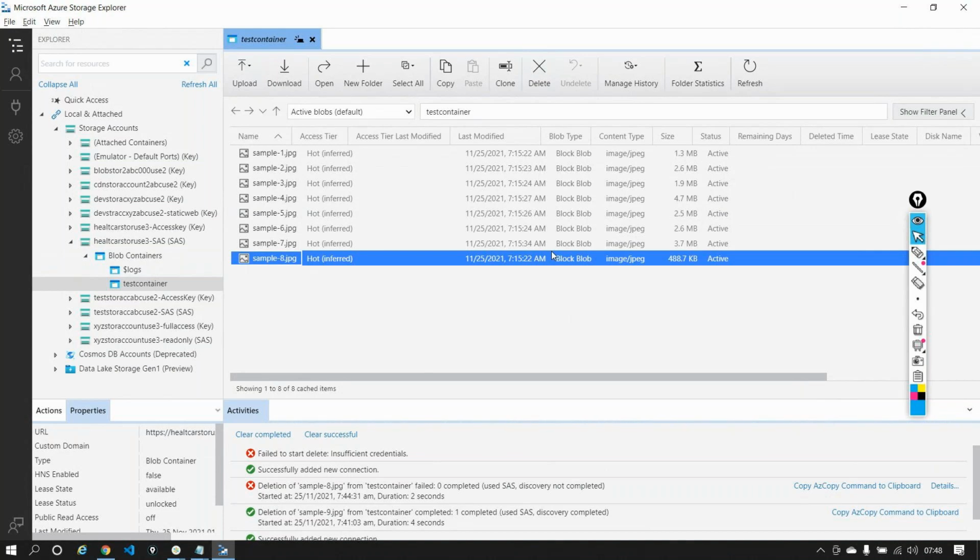Okay. And the very big difference between a shared access signature and an access key is that if you generate an access key and provide it to someone, they will have unlimited access to your storage account. They can create, delete, do anything. A shared access signature is a much more secure way of sharing your data, meaning you can control what someone can do, whether they can read, delete, add, create, whatever it is. This is the biggest difference between a shared access signature and an access key.